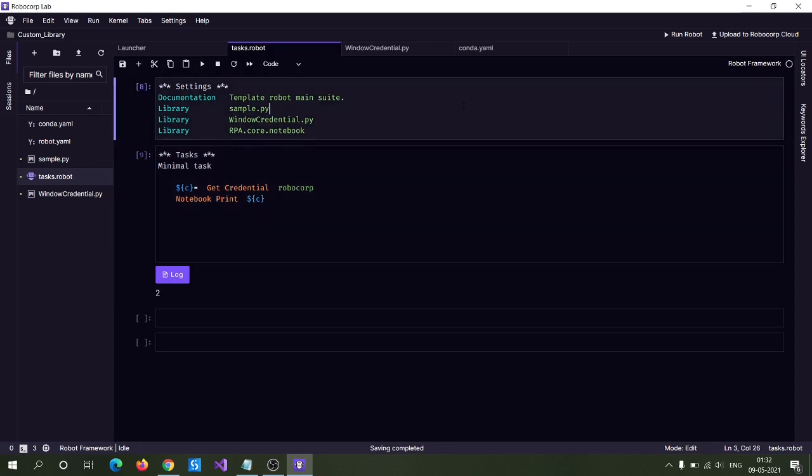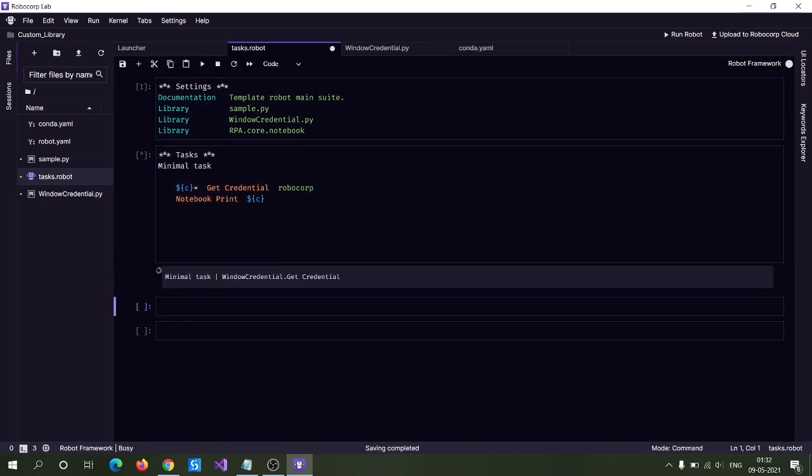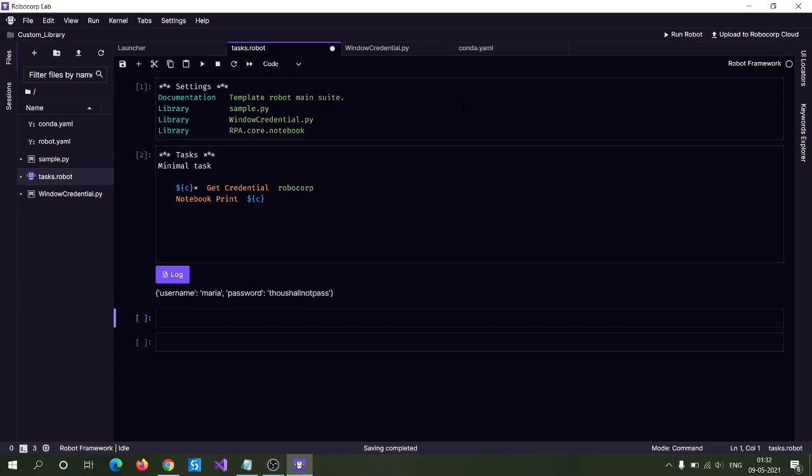Let me quickly run this. Yeah, you can see that it has output the username and password that come under the service name Robocop.